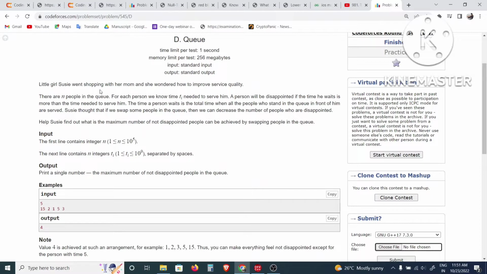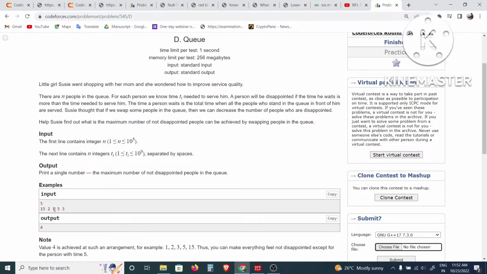This is a D level question, and you can read the question and understand it. I will directly go to the input and output. Basically in this question, the first number is the number of elements in the array, and then you have an integer array, and after that you need to output in such a way that